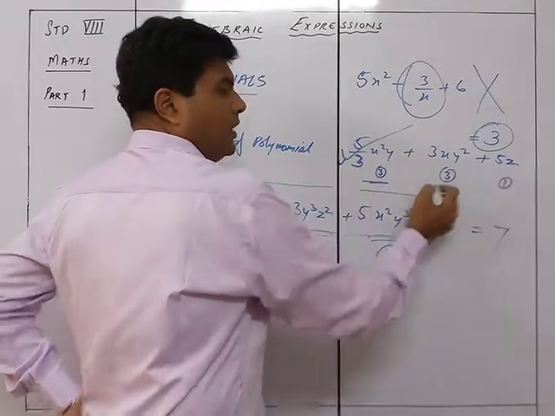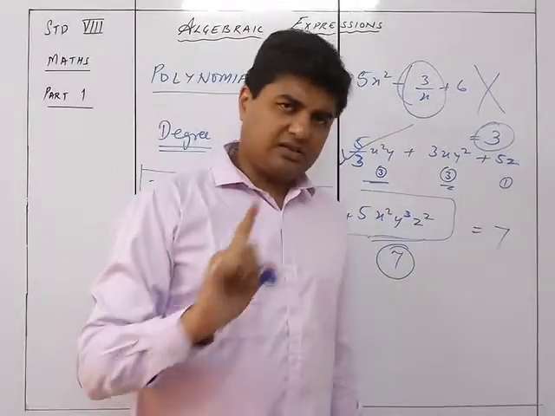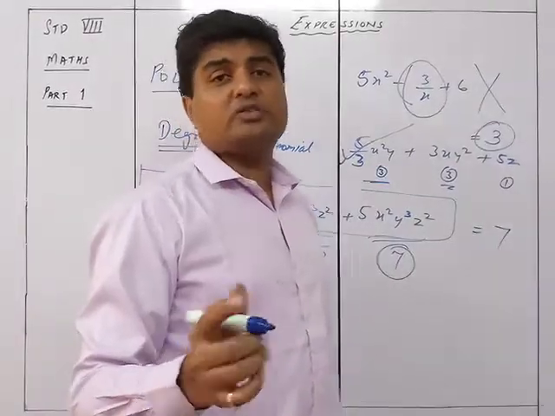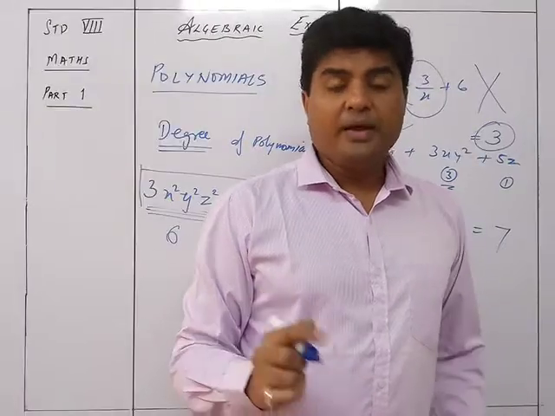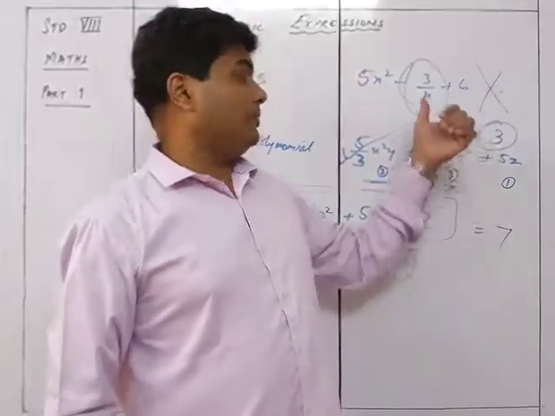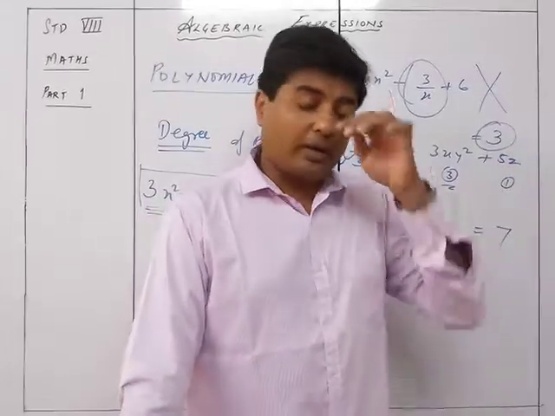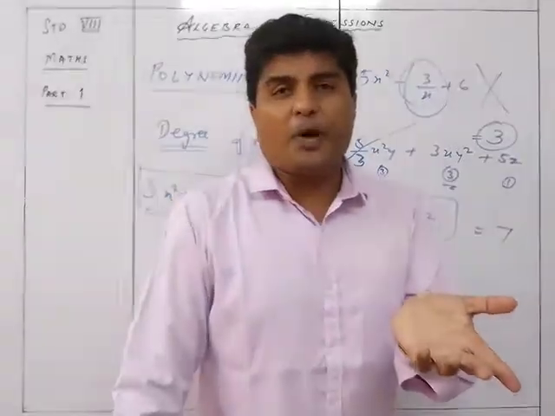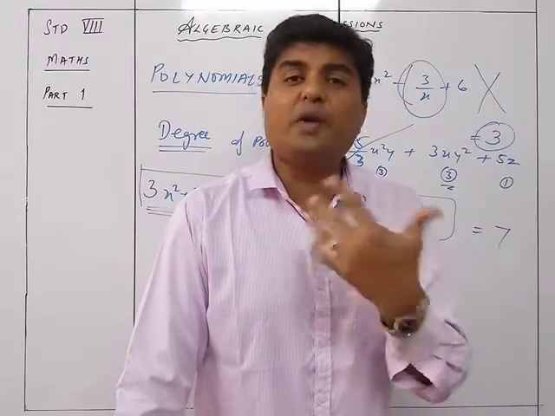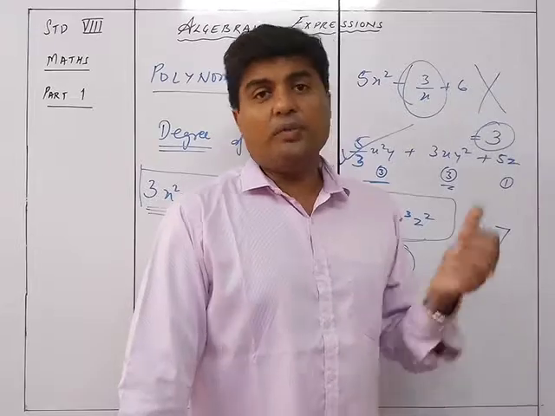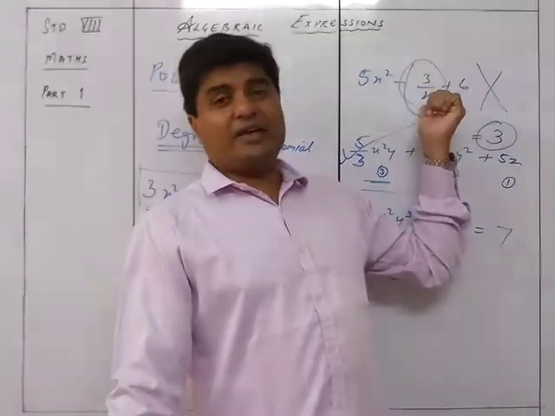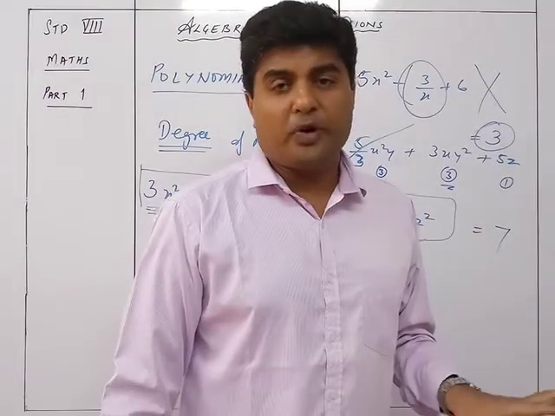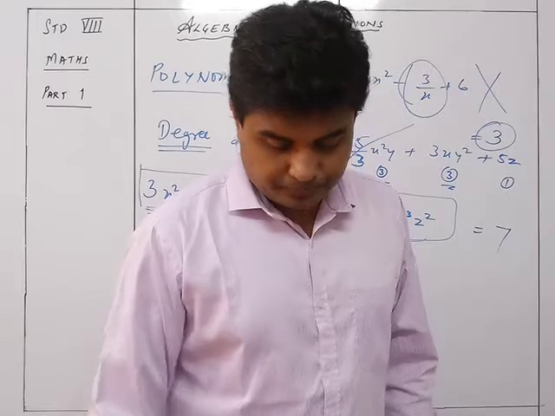Because this is 3. अगर 2 बार आया तो भी फर्क नहीं पड़ता. It is 3. Right? What is the degree of polynomial of this? Over here, this is not a polynomial, so there is no degree of polynomial. If any algebraic expression has got a variable in the denominator, it is no longer a polynomial. If it is no longer a polynomial, then there cannot be a degree of polynomial. So because of the x in the denominator over here, there is no degree of this polynomial because it is no longer a polynomial.